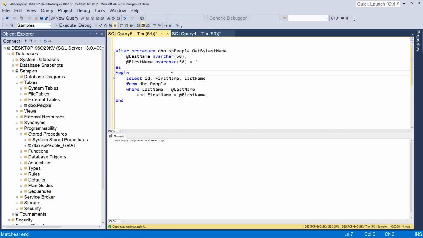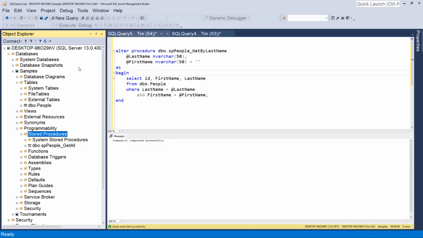So that's really all there is to creating stored procedures. So far I've created two. We've got the get all and also the get by last name, which is kind of a misnomer now because we have get by last name, but it asks for last and first name. But oh well, not a big deal. So that shows us how to do a stored